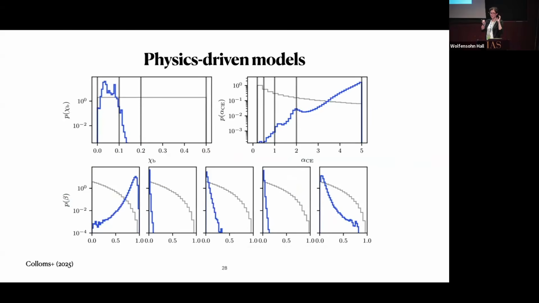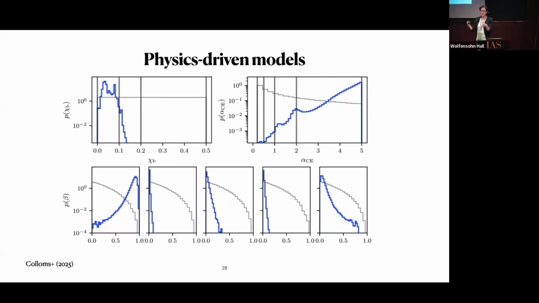And then I've shown phenomenological parametric and data-driven models. I haven't really shown any physics-driven models, but there are papers that do this. For example, there's this recent paper by Storm Columns where they essentially used a normalizing flow trained on a bunch of population synthesis simulations. So for these different physics parameters, like the birth spin of black holes and the common envelope efficiency, that gives them a predicted distribution of black hole masses and spins.